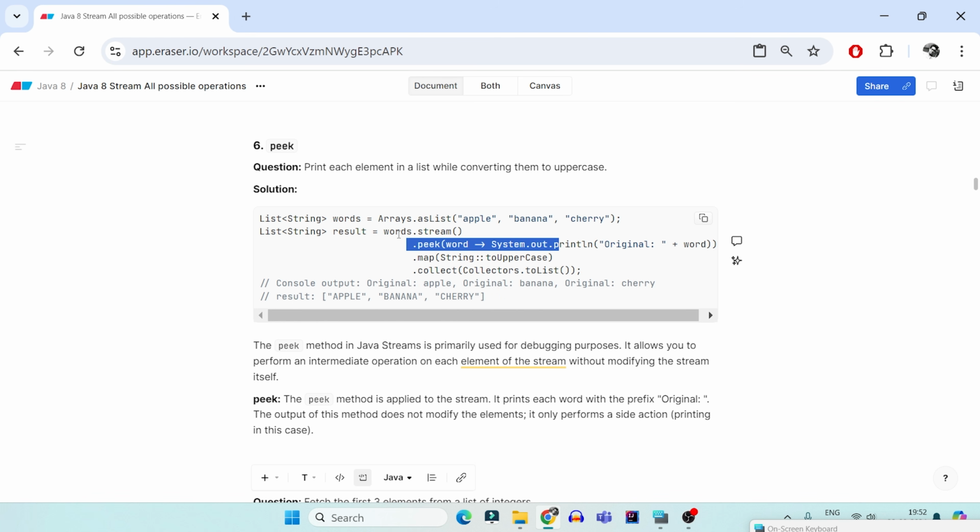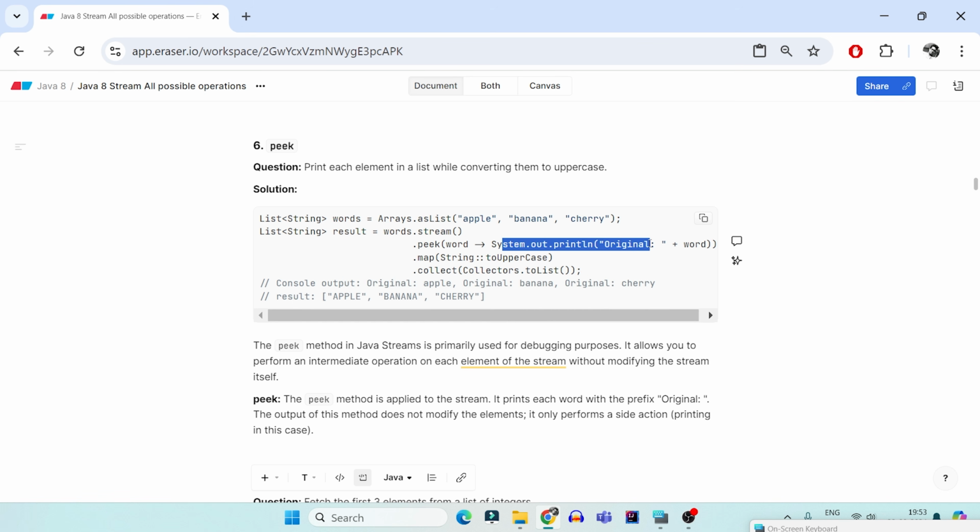Peek is not going to modify your words stream at all. It is just going to peek into it, debug it, give it to you and then leave it as it is. Then in the next operation, as an intermediate operation, you modify it and transform it to uppercase. And then at the end you collect it to the list and this is the result you get as an output. Just because you're printing here, that is why you are getting the console output as this.